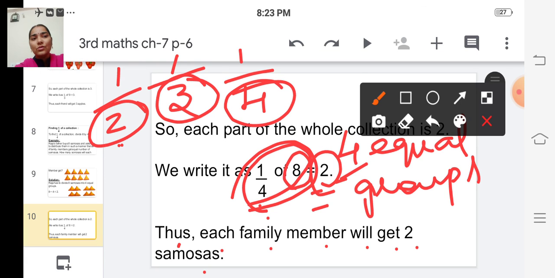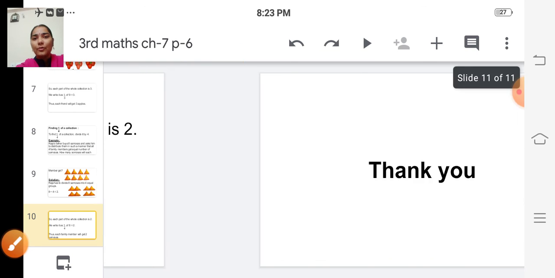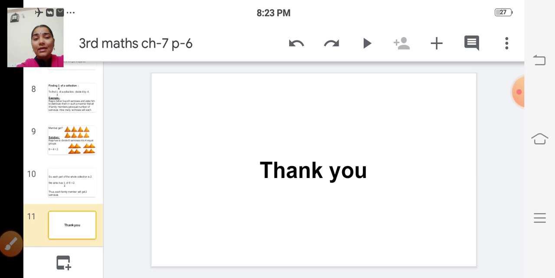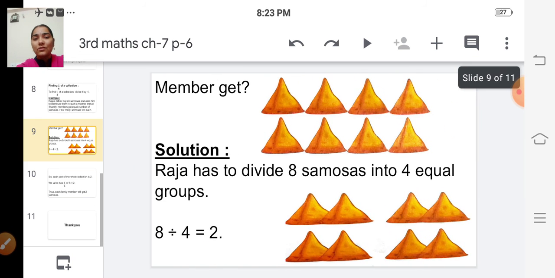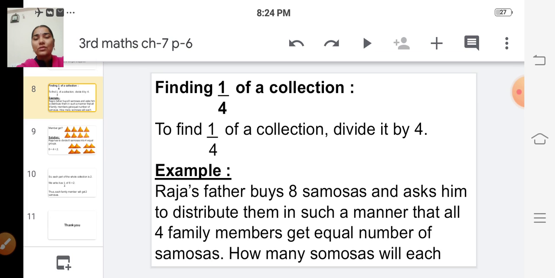Yes. So, practice all the problems, children. Okay. Read these word problems. Read again and again, so that you can understand the concept. If you understand the question, only then can you answer the question. Okay, children. So read again and again.